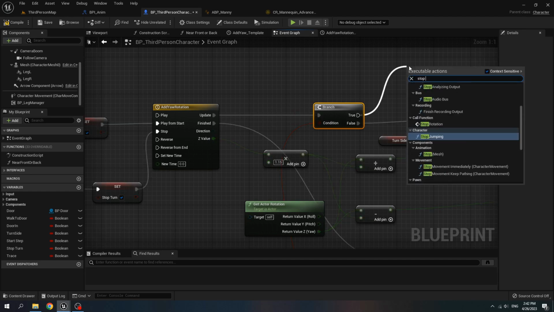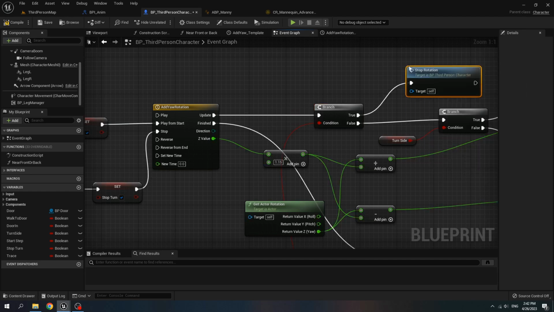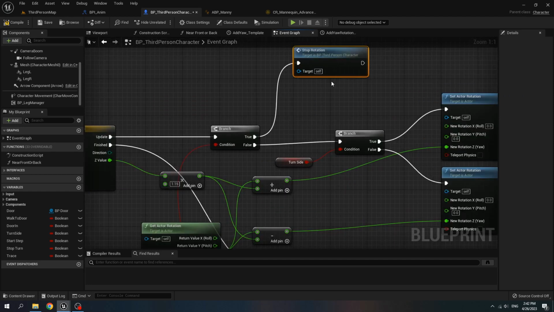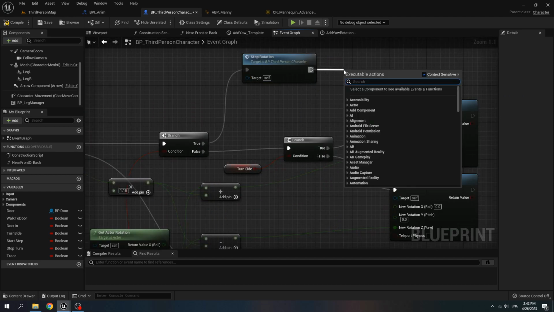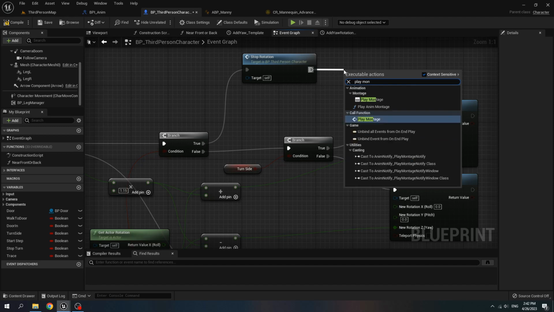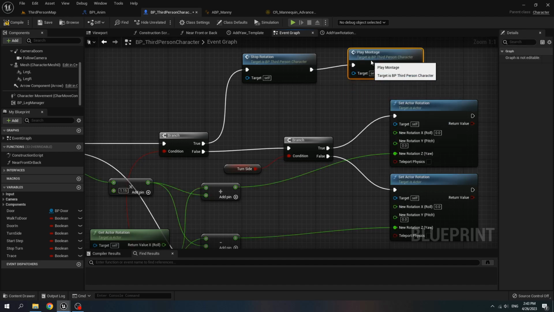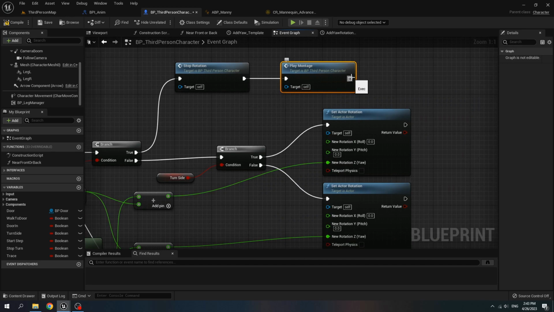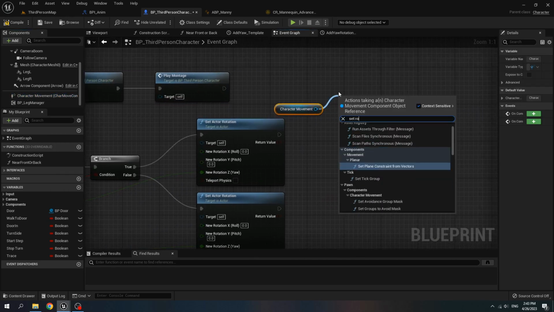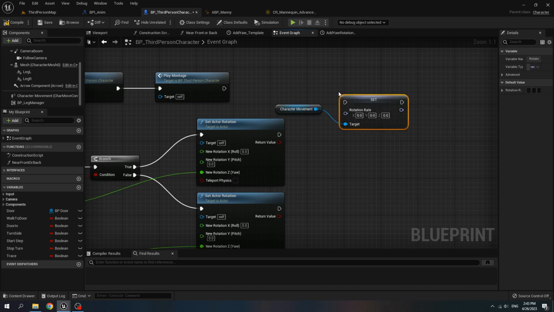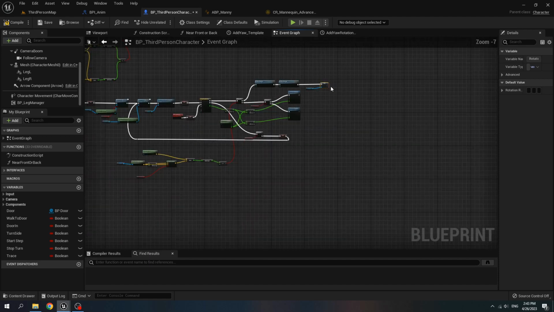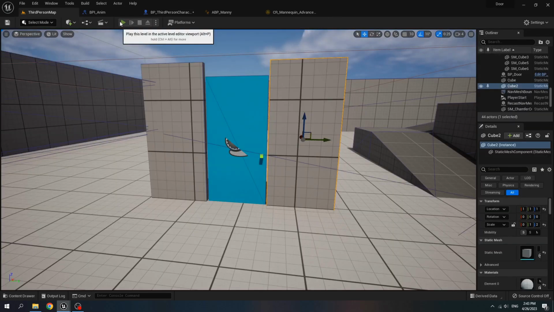Call stop rotation. And after we stop the rotation, we call play montage event function to open the door. And then get character movement, set rotation rate to normal rotation is 500. Let's play test.